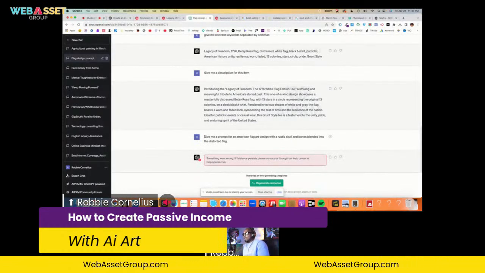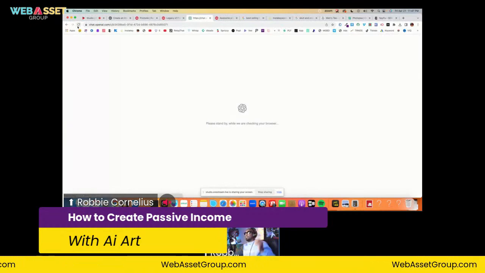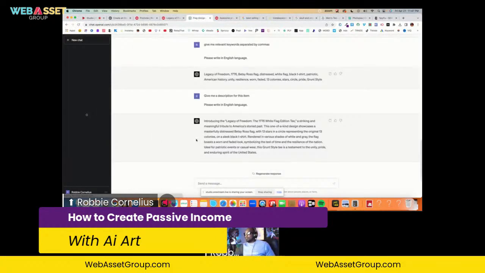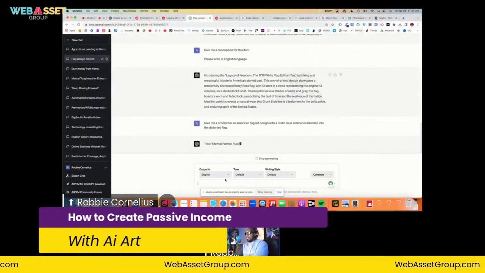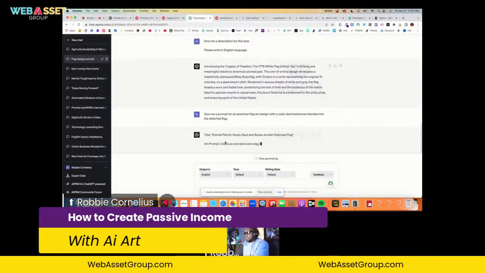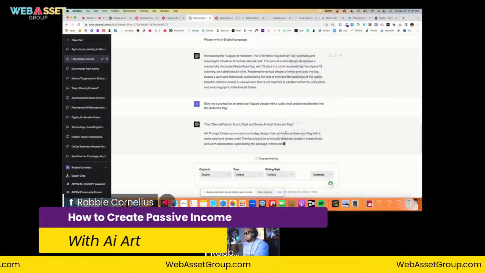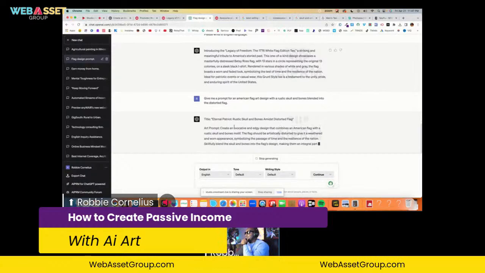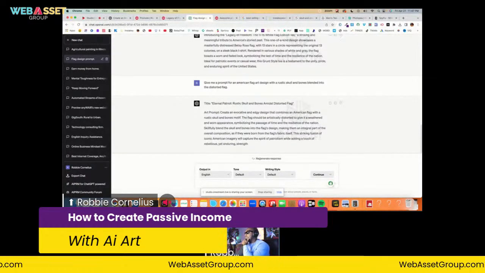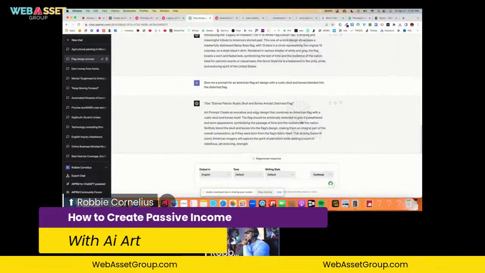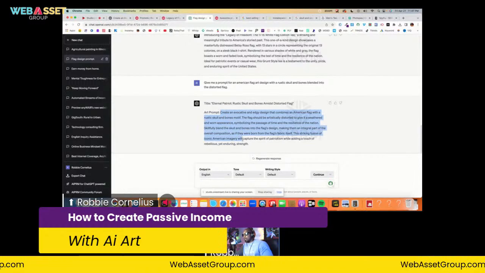Now, every now and then, if you don't keep tickling the fancy of ChatGPT, it stops working on you. So I'm just going to go back, drop that in there one more time. Edgy design that combines American flag with a rustic skull and bones motif. The flag should be artistically distorted to give it a weathered and worn appearance. I love the way it described that.